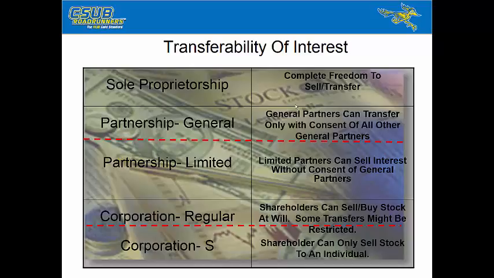Partnership: if I have a partnership with Haley and Grecia, the three of us together, then I'm not allowed to give my documents to Sam until I ask Haley and Grecia first whether it's okay. If they say it's okay, then I can do whatever I want, but I have to check with my partners first. Limited partnership: